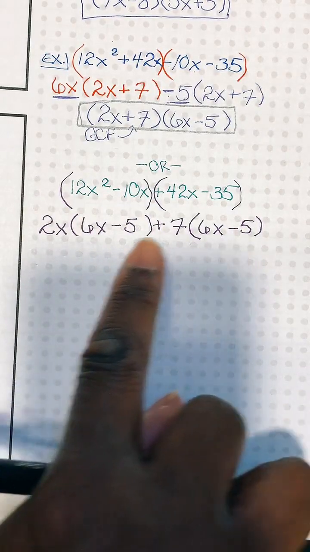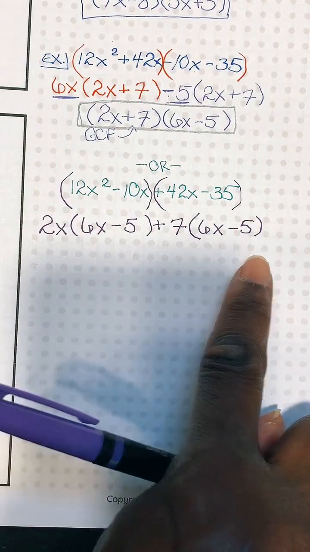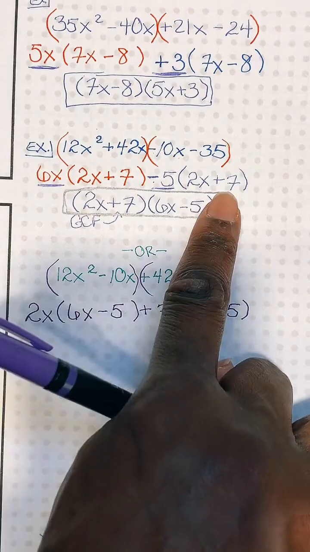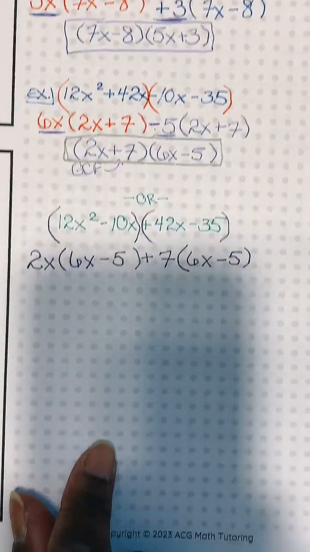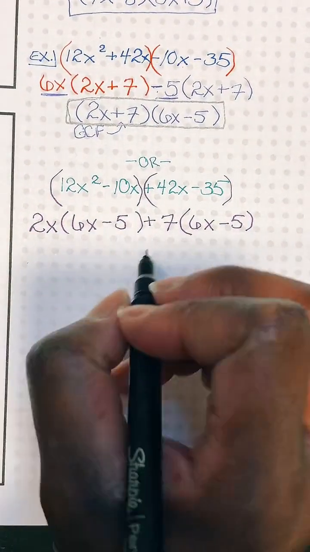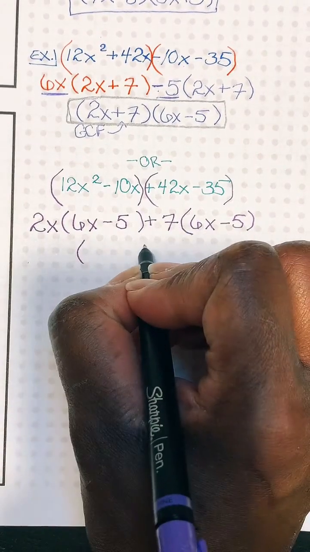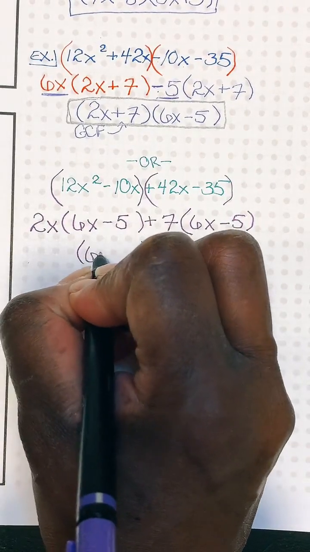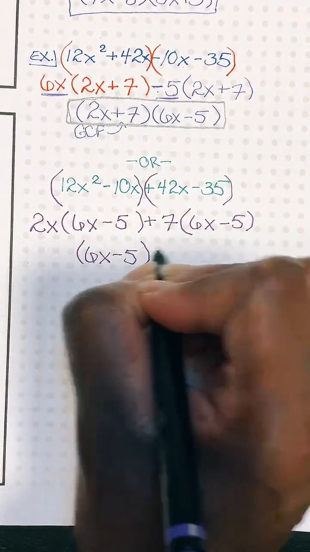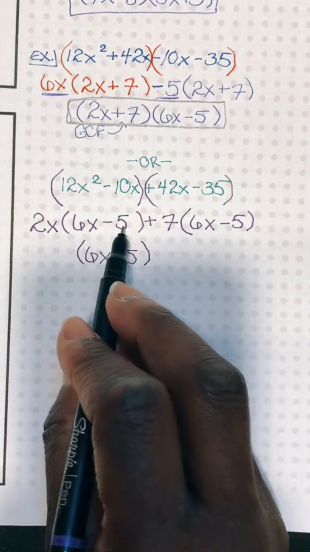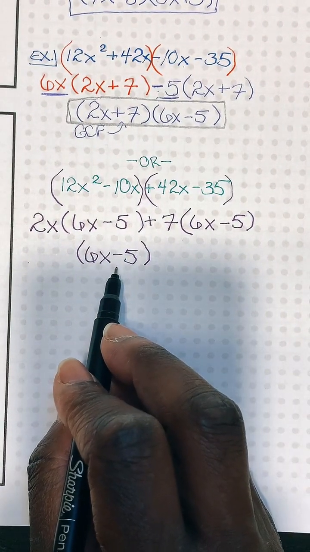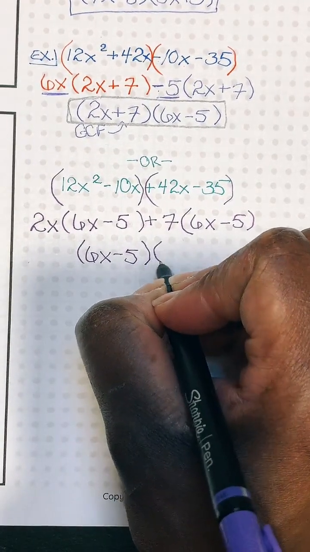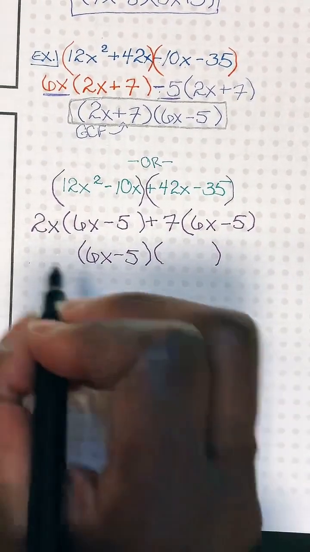Your two parentheses are exactly the same, okay? Yeah, they look a little bit different than these, but wait a second. So if I want, I can say my GCF is going to be the 6x minus 5, okay? Because my parentheses are exactly the same, so I just write it once because it's the GCF of this line. Then the second parenthesis deals with